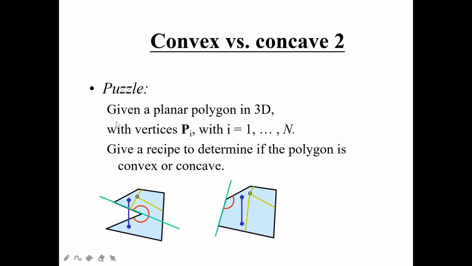Now this given planar polygon is in 3D. Whatever colored lines you can see are according to this puzzle. Now we have the vertex points. Let's call them P_i, where i varies from 1 to n. Now you have to determine whether the polygon is concave or convex. Remember one thing: the questions will be such that you have to write the answers paragraph-wise, defining it in lines. There will be no equation for this.